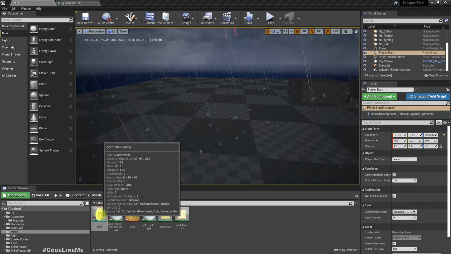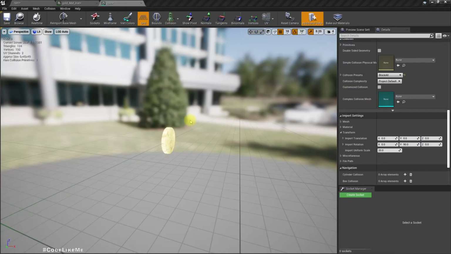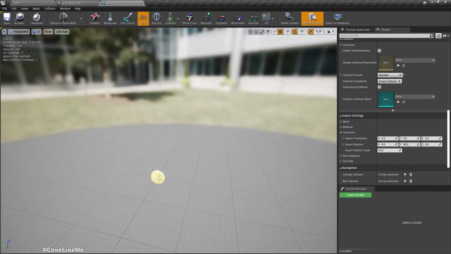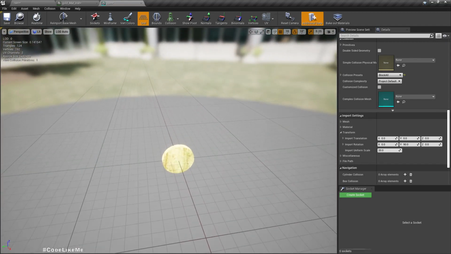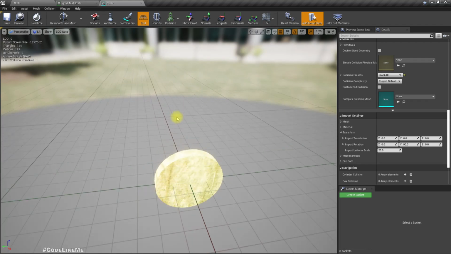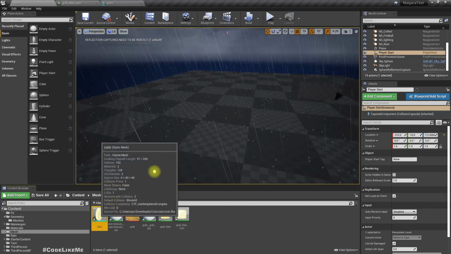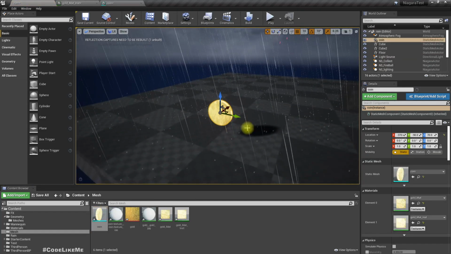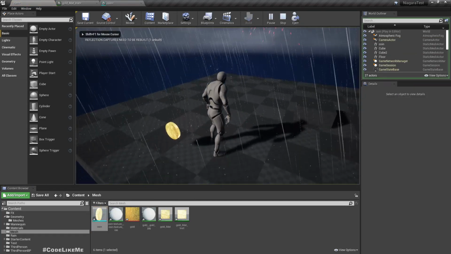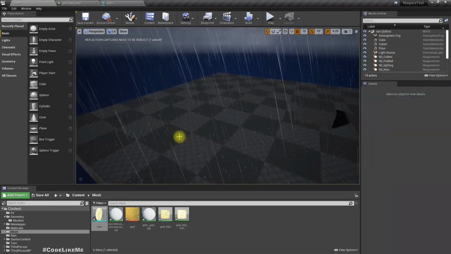So I have imported this coin mesh. This is not very important. You can use any mesh you have. It's more like a cylinder than a coin. It has a scale like this when I play the game. Right now,